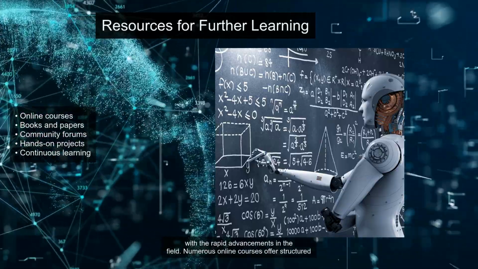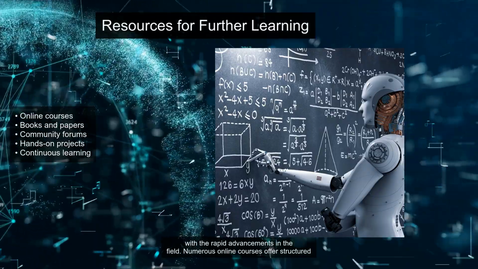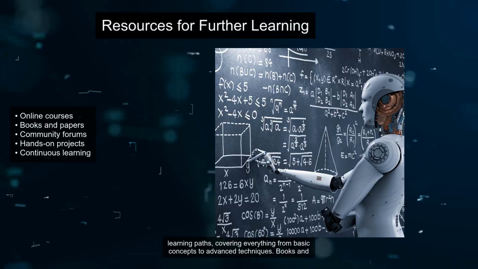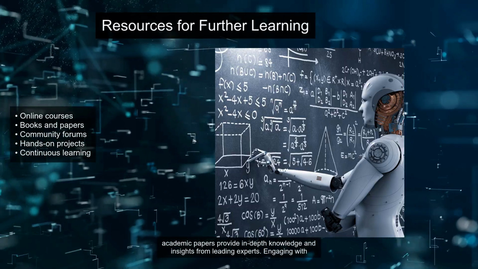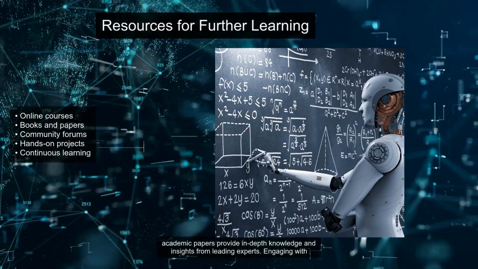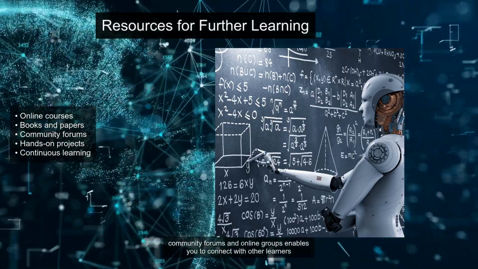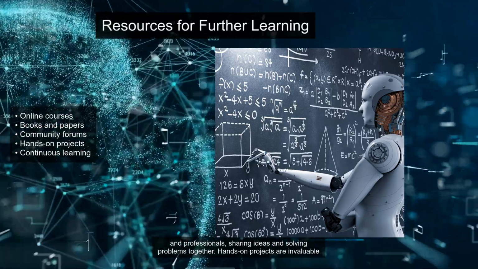Continuing your learning journey in machine learning is essential to keep up with the rapid advancements in the field. Numerous online courses offer structured learning paths, covering everything from basic concepts to advanced techniques. Books and academic papers provide in-depth knowledge and insights from leading experts. Engaging with community forums and online groups enables you to connect with other learners and professionals, sharing ideas and solving